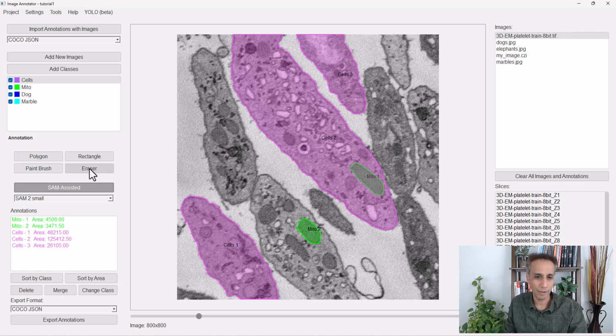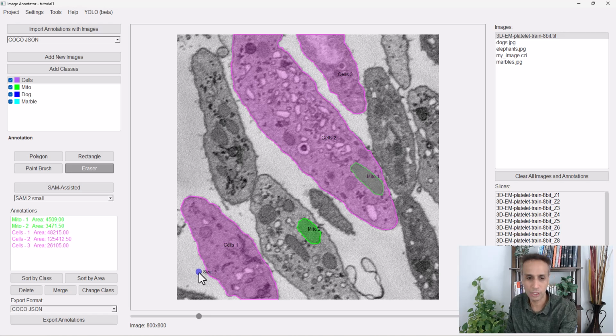Yeah, let's go ahead and do the eraser tool. For example, if you see here, you have cell 1, cell 2, and cell 3, right? So we have 3 cells. Let's say you want to divide cell 1 into 2 for whatever reason. Let's say you have an auto detection tool that detected both North America and South America as one, and you want to cut them into 2 at the Panama Canal and say, hey, this is South America, this is North America. So you can take the eraser tool, and since we don't have a North and South America style here,